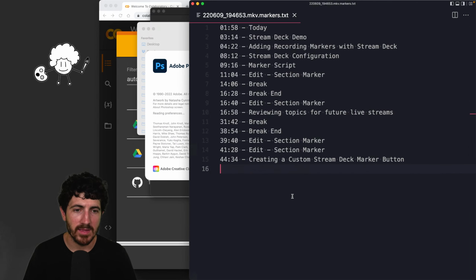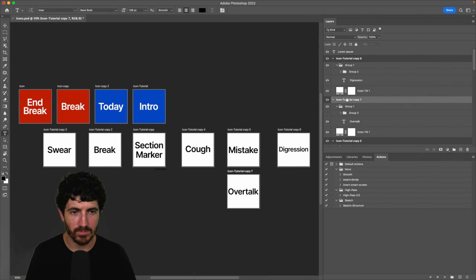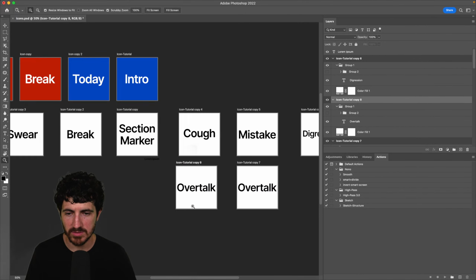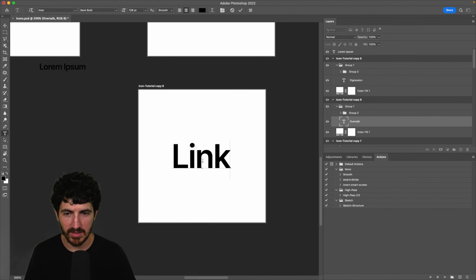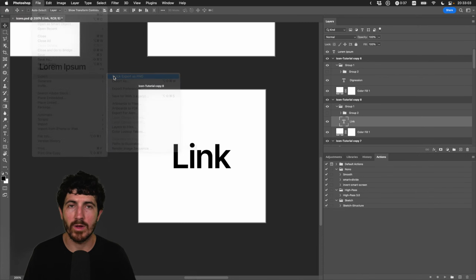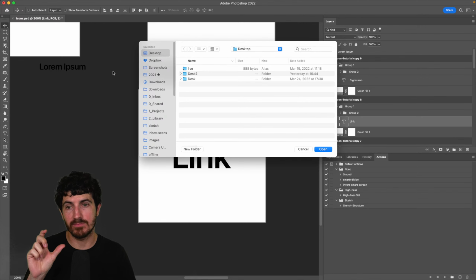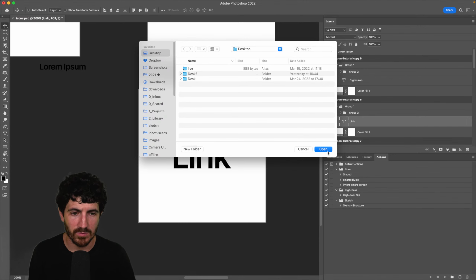So this is Photoshop. And I'm just gonna create another icon. So we'll clone this one, for instance. We'll just put here link, and this is gonna be a marker that I add when I want to add a note that there is some link or some person, some book, some link that I've mentioned, something that I've mentioned that I want to link later from the episode notes or from the live stream notes or from the podcast episode notes. So we're just gonna export to a folder here,